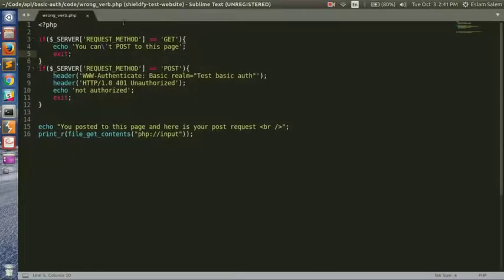To understand it, let's look at the developer's code. Here we can find that he checks the server request method. If it is POST, he shows us the dialog for basic authentication and halts the connection. But if it's not a POST request, he continues to the logic of the application. So our request method wasn't POST, it was a PUT request, but in his code he is getting our payload or data from the POST request we made with the PUT request. Okay,